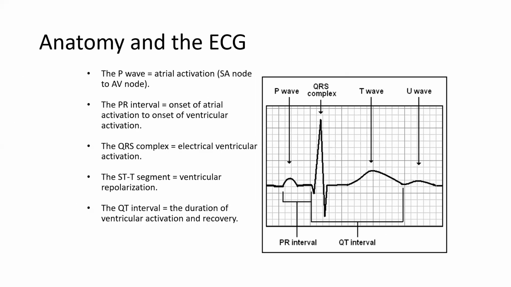Now, let's look at the anatomy of the heart, where these P, these Q, these R, what exactly do they represent? So the P wave represents the atrial activation, that is the passage of impulses from the sinoatrial node to the atrioventricular node. As you can see, it is illustrated. There is the baseline, or what you call the isoelectric line. Then the first positive deflection upwards becomes your P wave. And like we have said in the first bullet there, it is the atrial activation, the activity of the atria, the passage of impulses, and of course, at the end of the day, the mechanical activity will be a